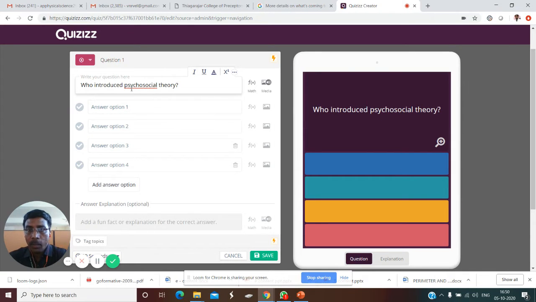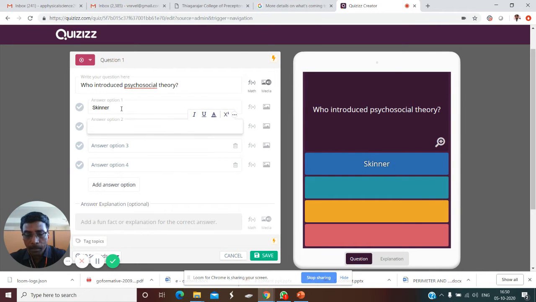Then you can give options, for example, Skinner, Piaget and so on.